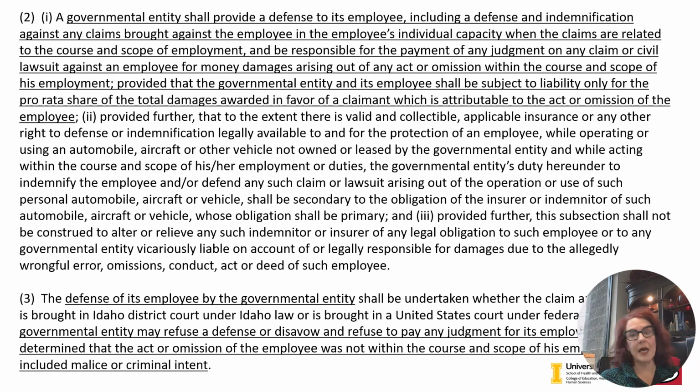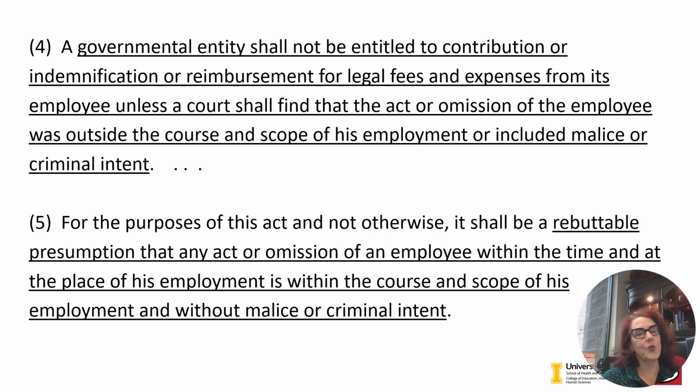The example that none of you will have occur in your career, but the example that we use that occurs is hypothetically saying if a school employee engages in a sexual relationship with a student. That is not within the course and scope of their employment. It is a criminal act. You are not advancing any purposes of your employer. So that is one of those situations where a governmental entity could say, nope, sorry, that is an individual situation for an employee. But we're never going to have that happen for any of you.